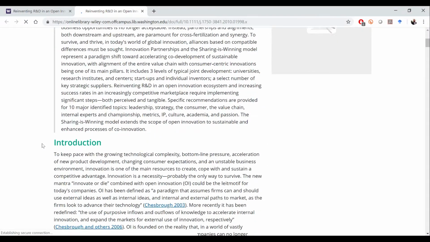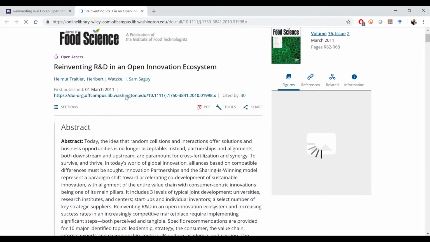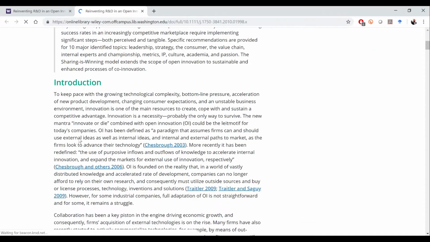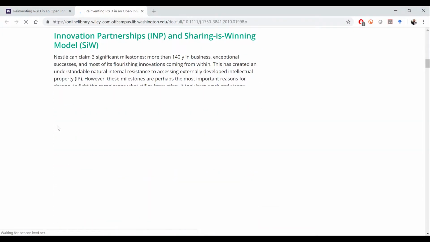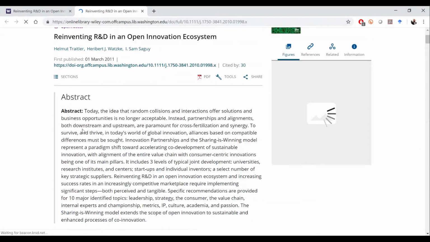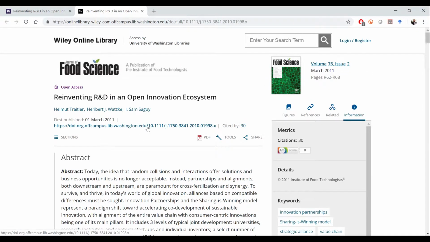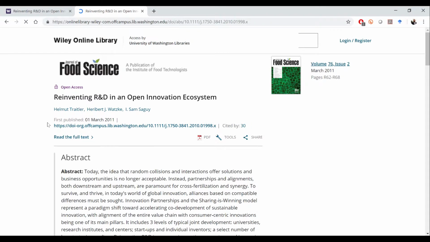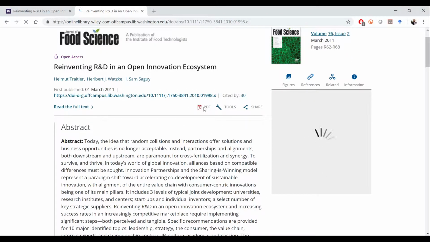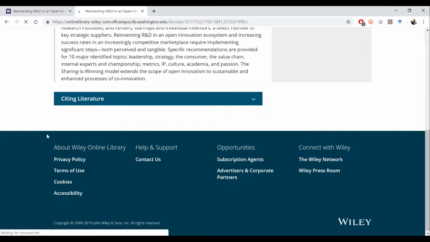And then you can just go ahead and download the full PDF for free from this article. And you'll have full access to it, and you can reference it later or whatever you want to do. So I've clicked on that, and then I think this should take me to the full PDF of this result. Oh, well, no, maybe not. Read the full text. Anyway, all of these databases are organized a little bit differently, and that makes